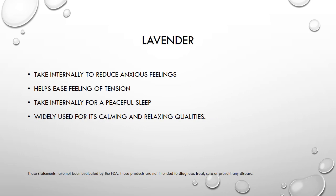Lavender. Take internally to reduce anxious feelings, helps ease feelings of tension. You can take it internally for a peaceful sleep, and it's widely known for its calming and relaxing qualities. Lavender is one of my favorite essential oils. I like the way that it smells. I also do like the relaxation property. It's helped me a lot with